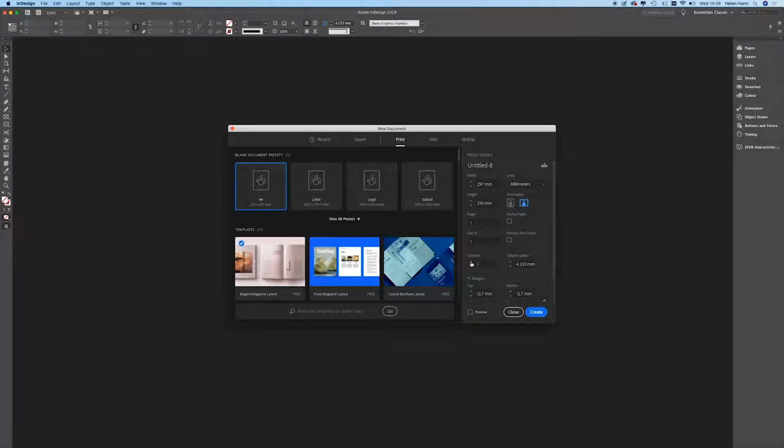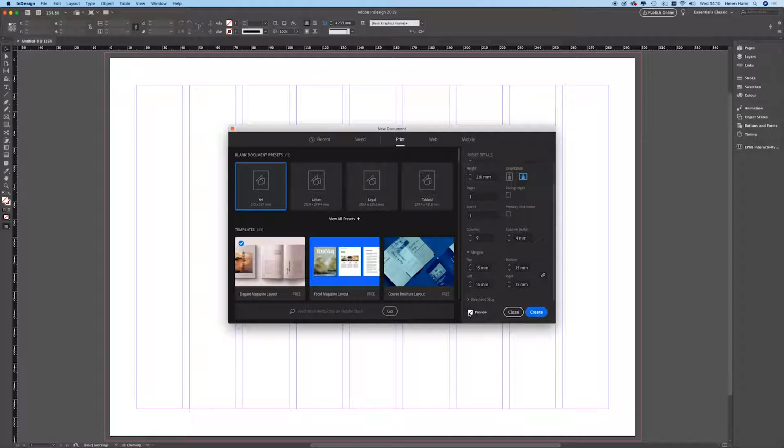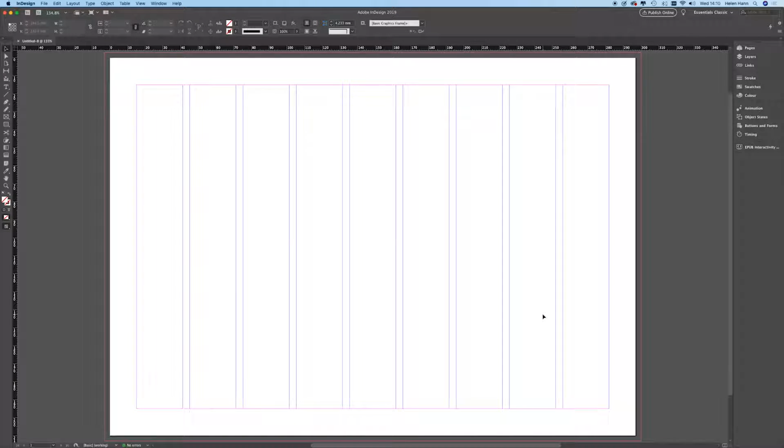And I'm going to just pop up my columns to 9. So I'm just going to stick 9 columns on there. I'm going to make my gutter width 4 millimeters. And I'm going to change my margin guides to about 15 millimeters all round. Like so, they are all linked together at the moment. So that was nice and easy. And I don't think I've really got anything else to do. I don't need to worry about bleed and slug. I can preview this if I want to, so that's what my page is going to look like, and that's pretty much how I want it to be. So I'm going to just click create,